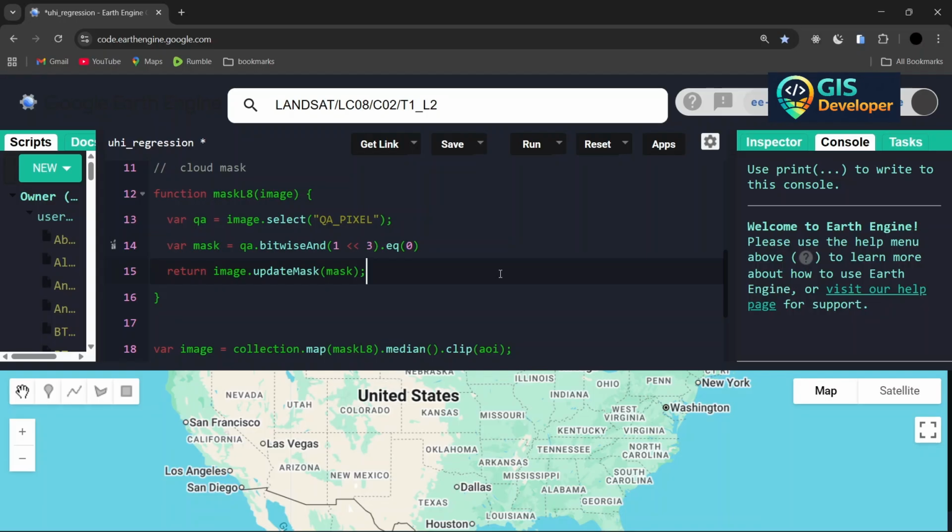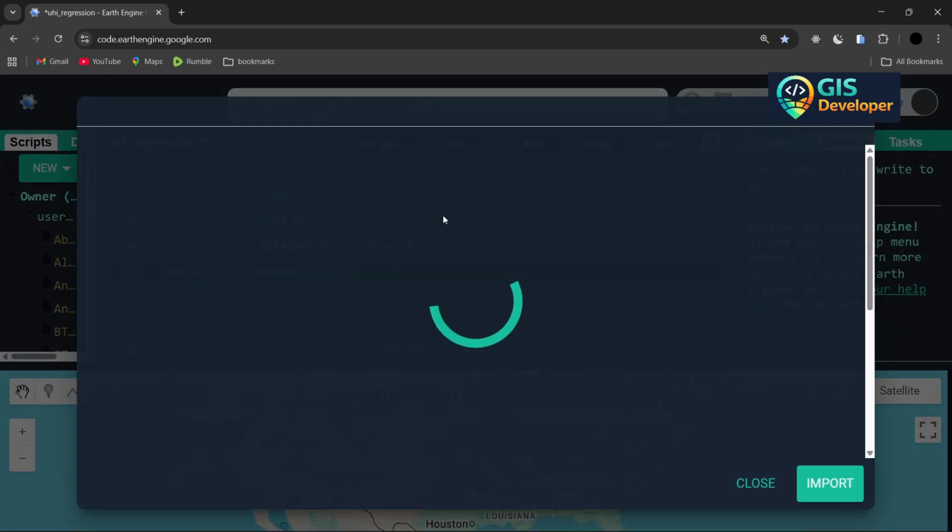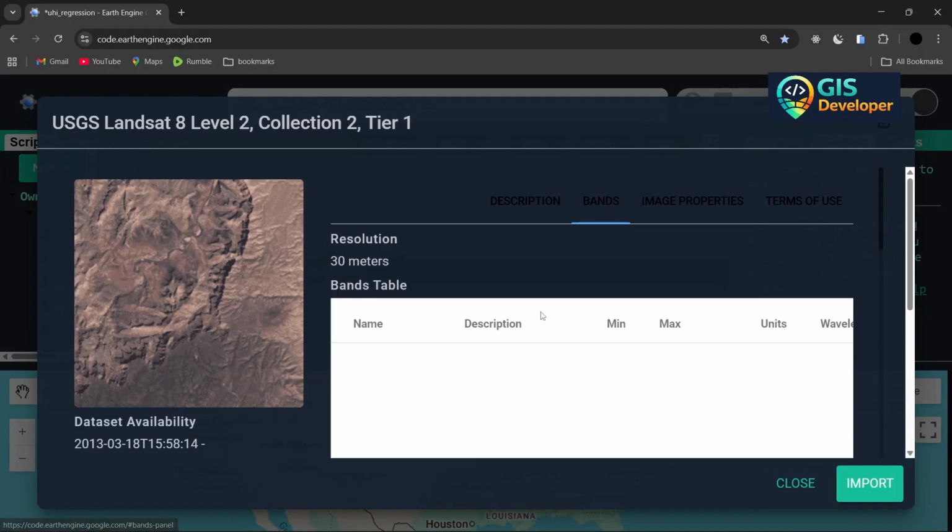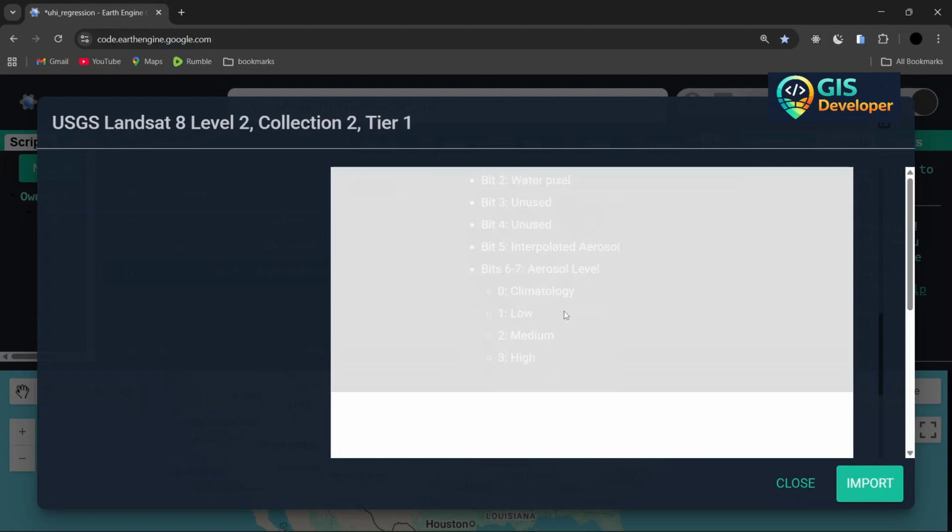And so we must convert them to real temperature values. So first we multiply by the scale factor, and then we add the required offset. To see all these properties, you just need to go to your Landsat 8 here, go to bands, and then under band 10